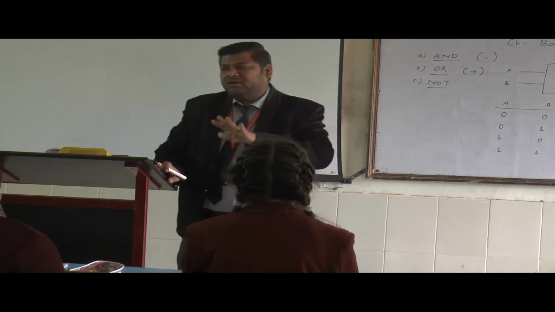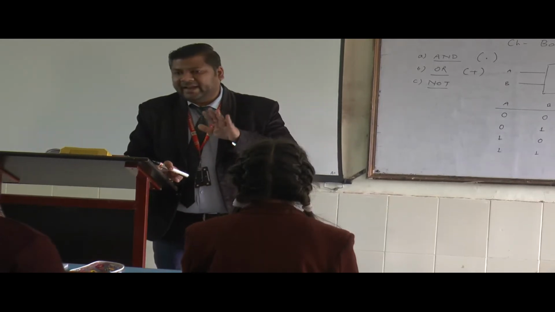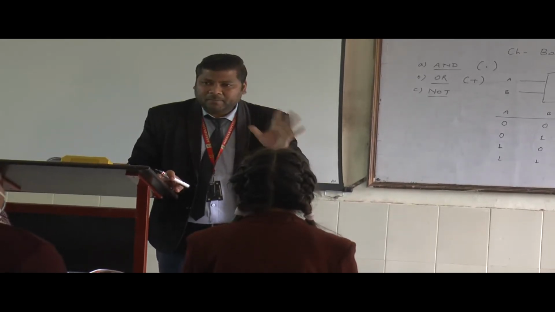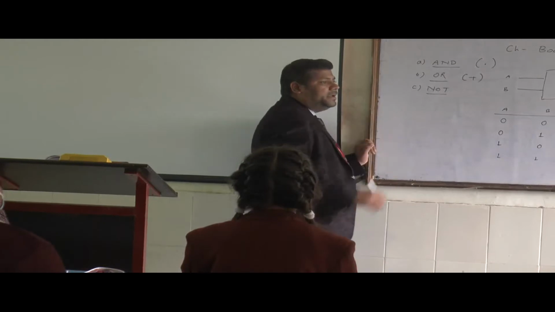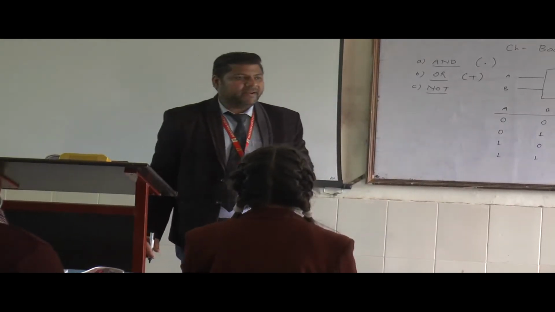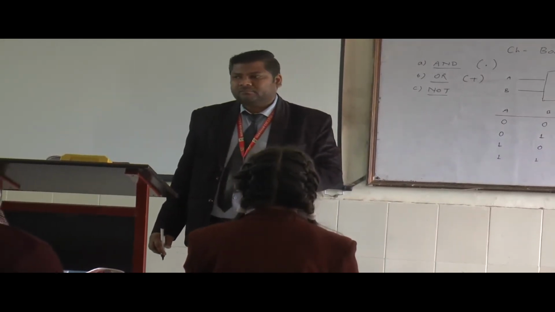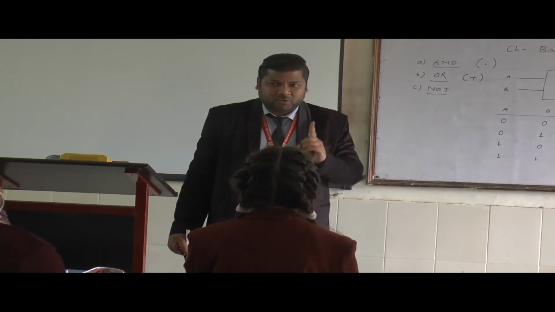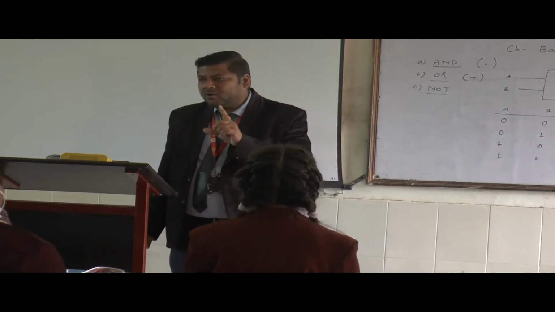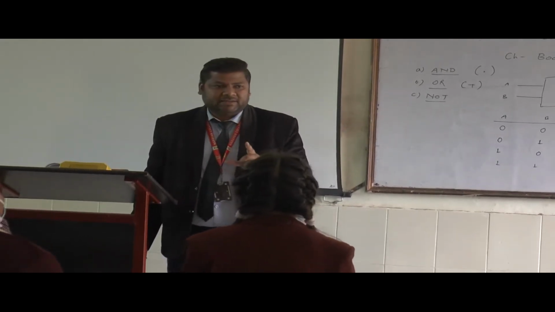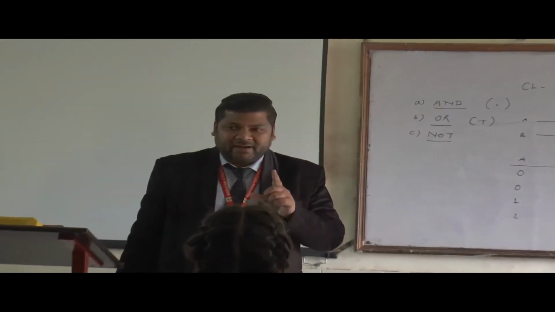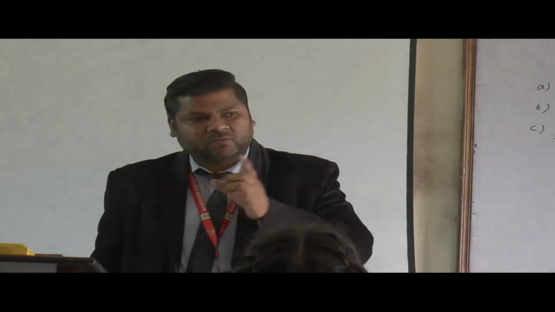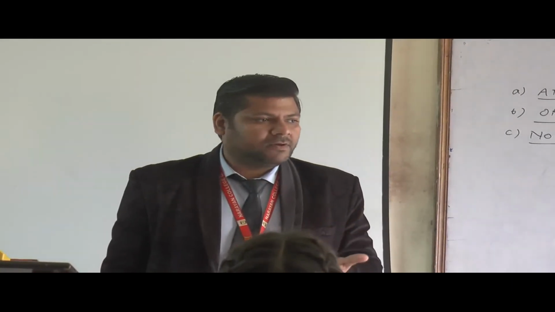So what is the role of NOT gate? It simply inverses the condition from A to B. Just that. Now NOT gate is a unary gate. So how many possible inputs could be there? Unary gate. One input will be there. As I told you, remember the concept of gate, at least one input should be there. There could be more inputs also, but at least one input should be there. And unary means single, one.